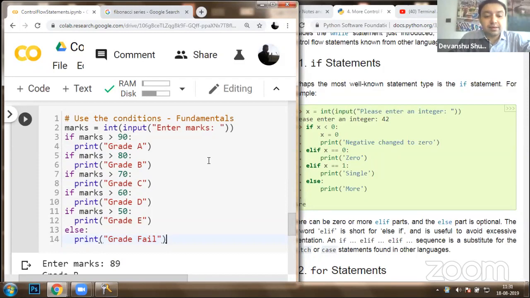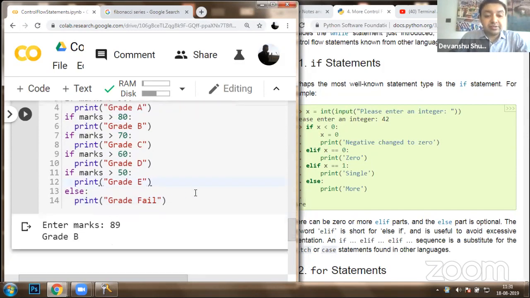is that clear? So we have got a code with if conditions and else conditions. Okay, so if none of these conditions match, we are going to get the output as fail. In this case, all the conditions will be checked. Okay, in this case, all these conditions will be checked. Okay,